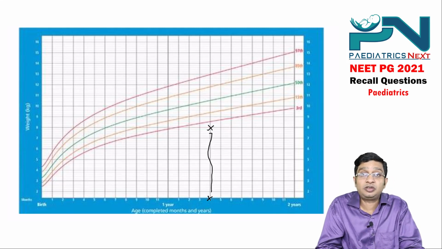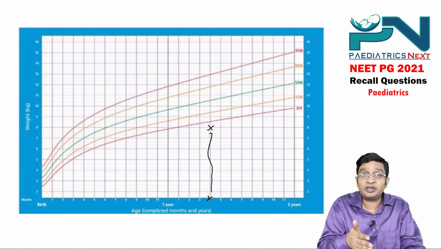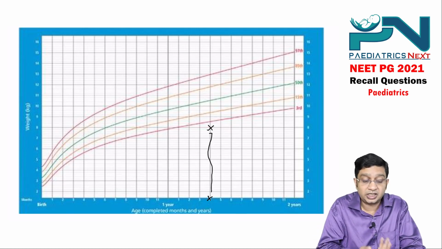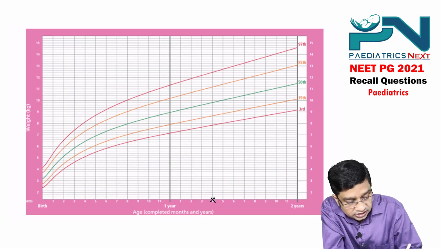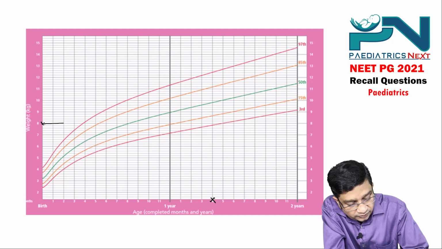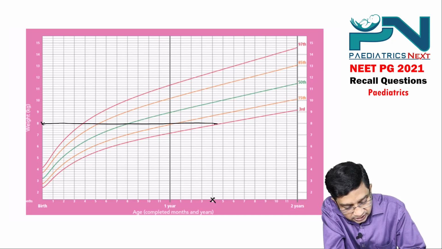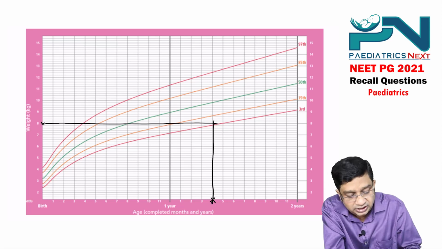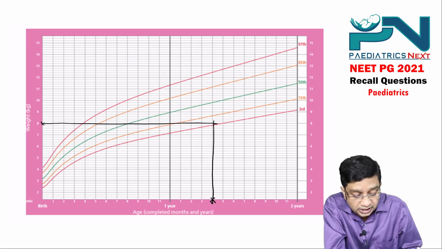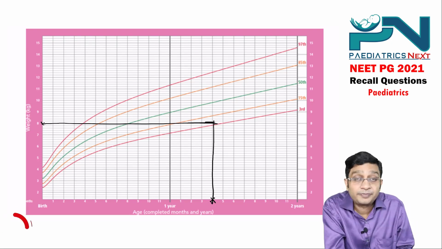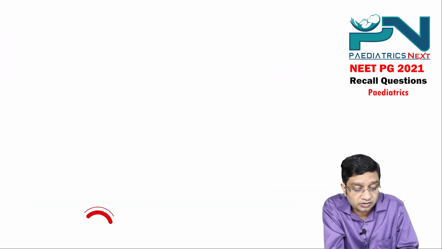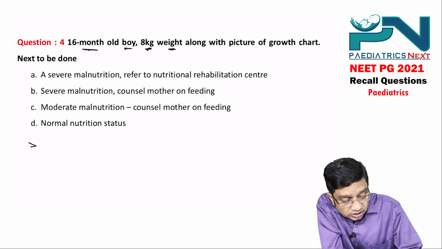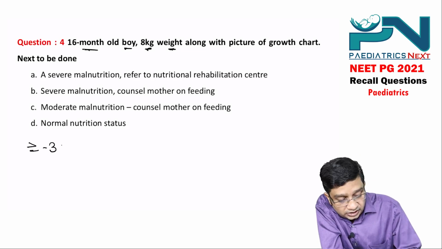But some students were saying to me, sir, when we calculated on the graph, it was between -2 to -3, right? So if I take the girls chart particularly, here it is the 16, here it is the 8, so if I extend 8 here like this, it is between the 2nd and the 3rd percentile if it is given a girls chart, right? Now how to interpret this question, the right growth chart you people must be knowing because you have given the exam. Now if it is less than -3 Z score, you call it to be a